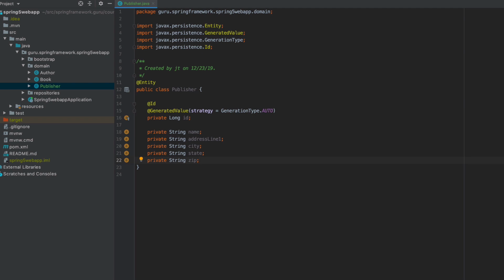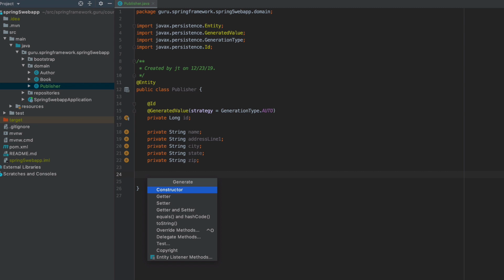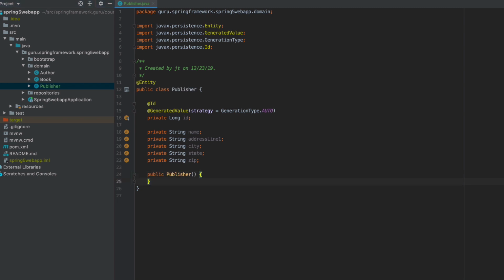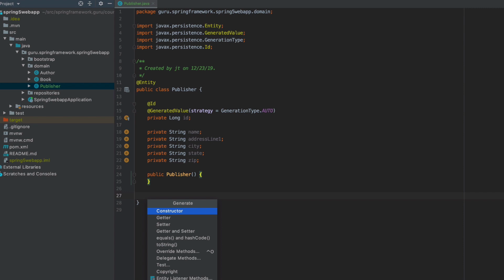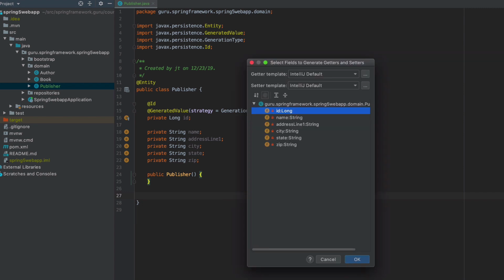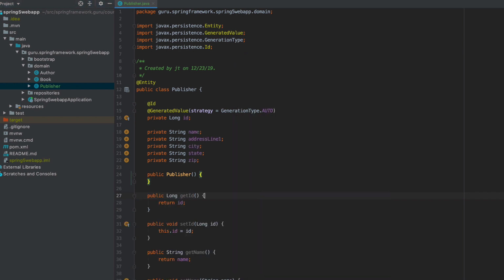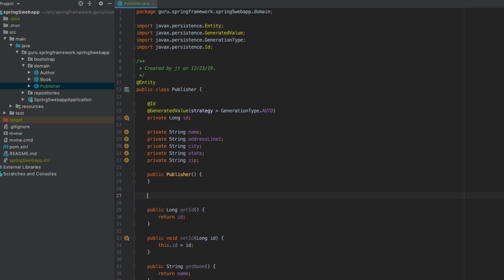So now let's use IntelliJ to help us out. First, let's set up a constructor. JPA does require a no args constructor. And then also let's go in and add in getters and setters for everything. So we'll add in getters and setters for all properties. And I'm not going to scroll down and review those, but keep the screen up here in the middle. I normally add these down to the bottom, but